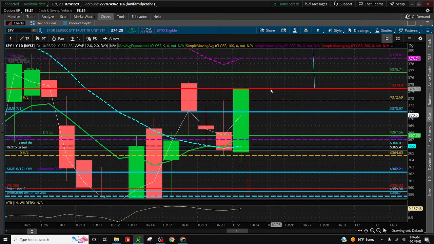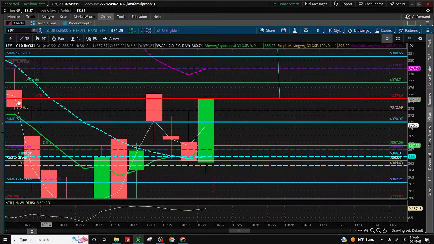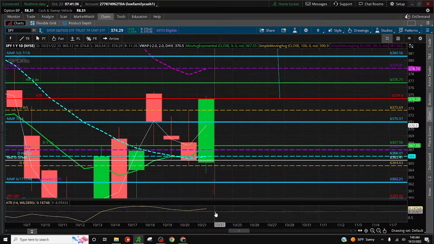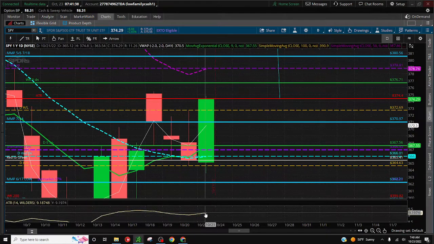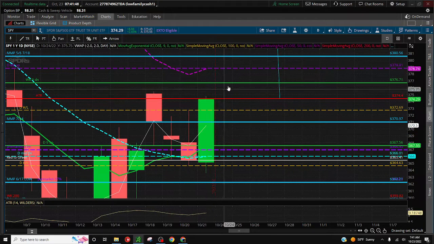We have these ATRs, the average true range. Average true range is right here. This is the average move of SPY in a given day. So that's $9.18. So what I do,